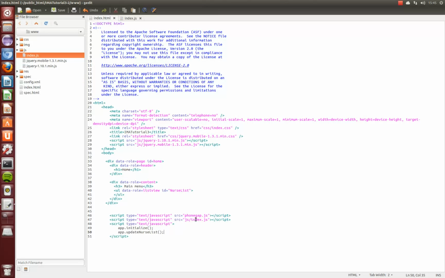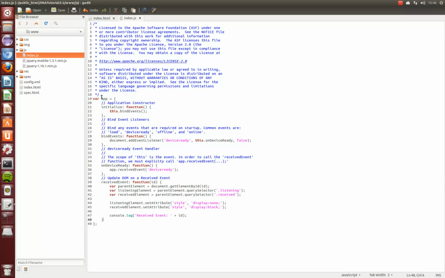These functions are declared in this JavaScript file. So it's js/index.js, which I've already got open here. And you can see it declares a JavaScript object, which declares a member called initialize that happens to be a function. That function calls bind events. Bind events declares a document listener, which causes on device ready, blah. We can just add things to this object if we like. So in particular, we'll say comma, and then updateNurseList